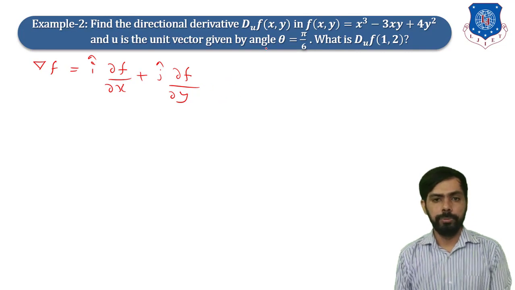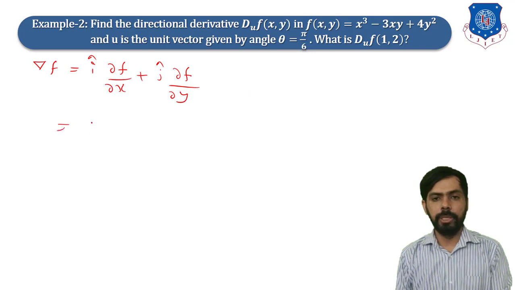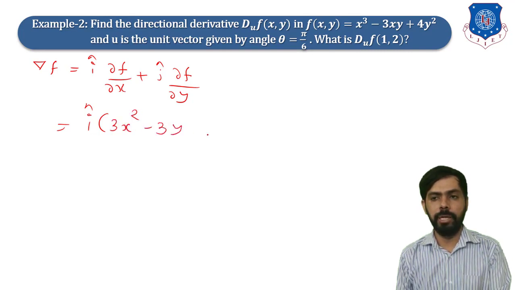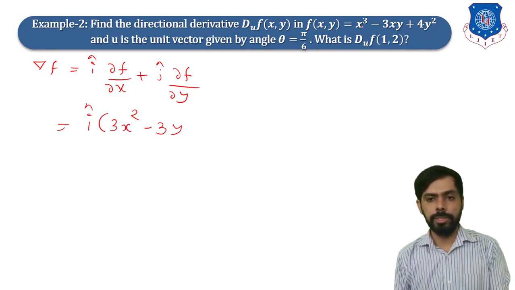Okay, so this will be i. What is the meaning of del f by del x? That means partial differentiation of function f with respect to x. So it will be 3x square minus 3y. And the third term is 4y square, so the derivative of that term will be 0, because here y is constant, and the partial differentiation of 3xy with respect to x is 3y, because the derivative of x with respect to x is 1. Okay, and the derivative of x cube is 3x square here,